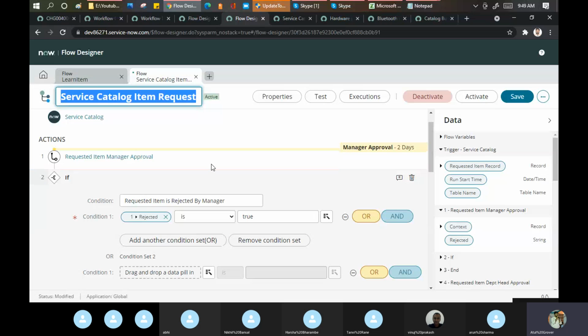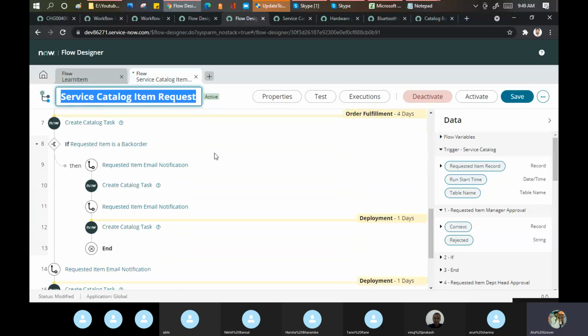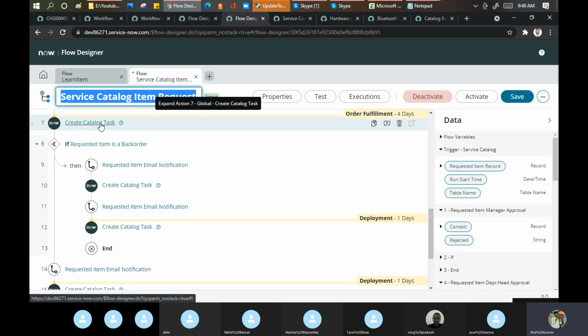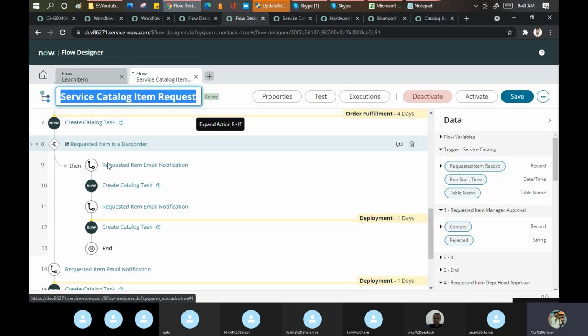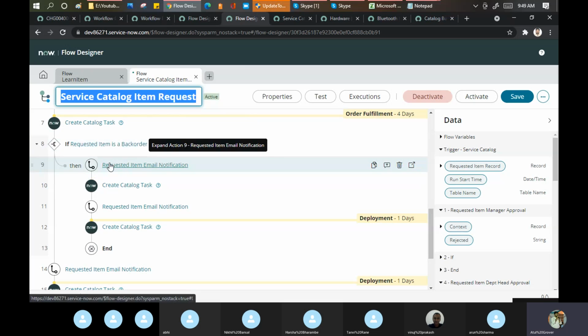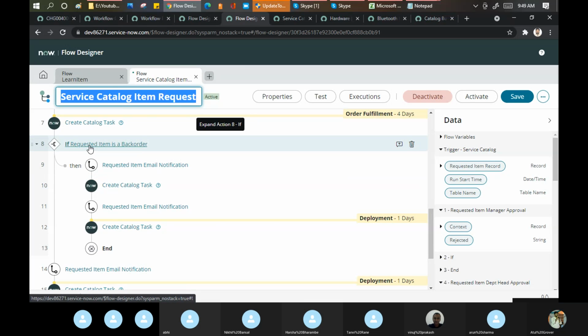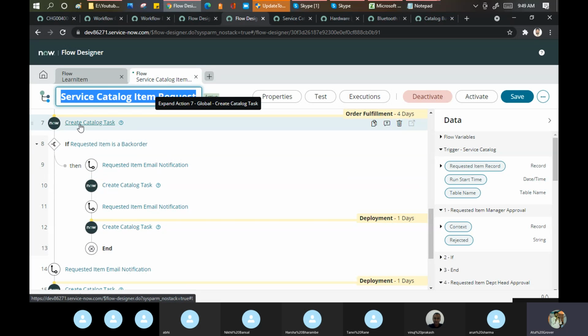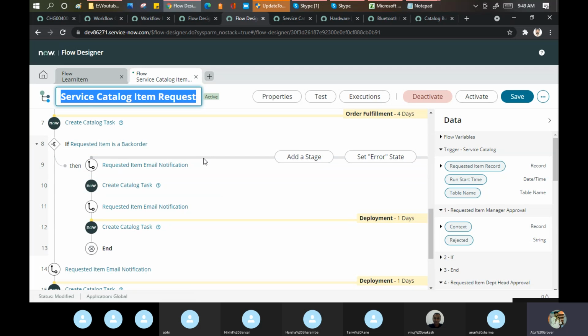What you have to do is read line by line what they mention and how they mention these things. See, create catalog task, then they have a condition. Again, this is an action. Expand action. This is how they create it.